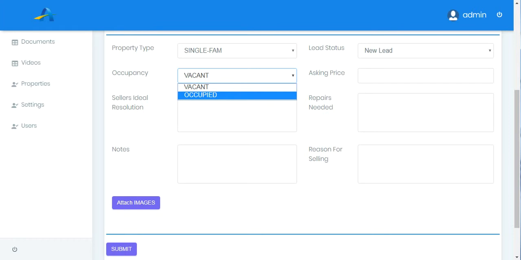So the difference between the two is obvious. Does someone live there or not? If it is vacant, then that's easy for us usually to access and perform our analysis on the property. If it's occupied, then there are a few things that we'll need you to add in order to facilitate a successful transaction here. So if the homeowner says that their property is occupied, then what we'll need to do is